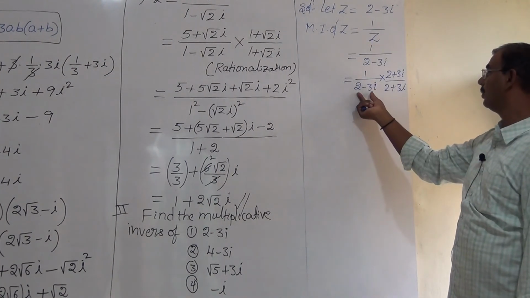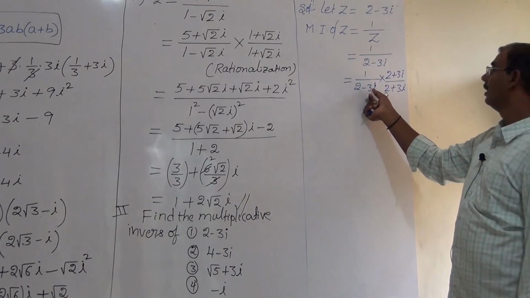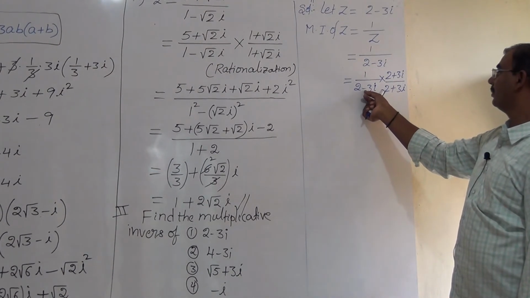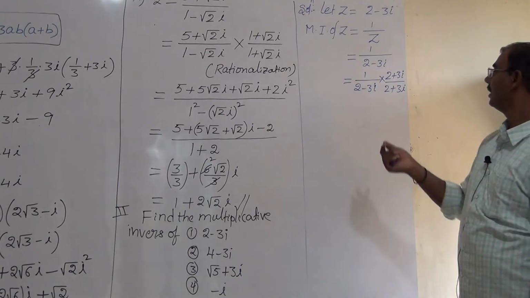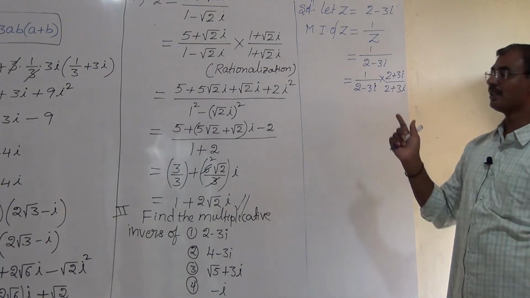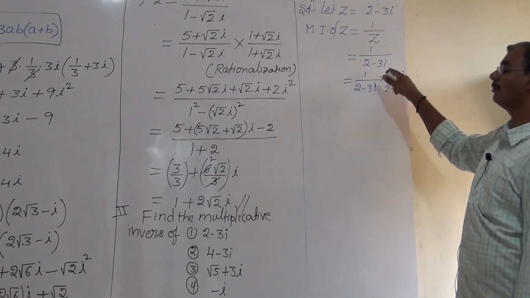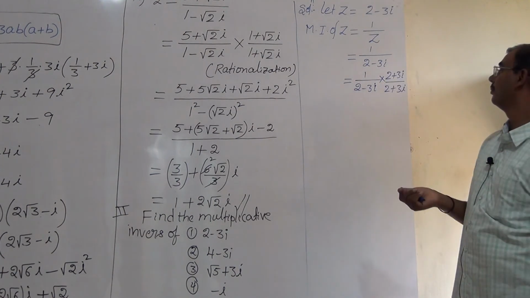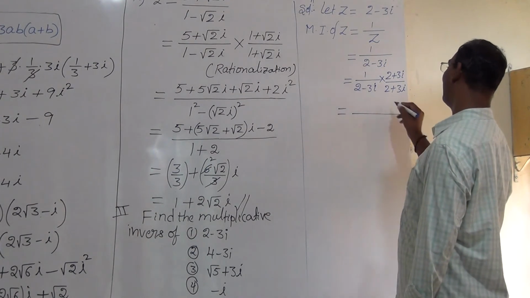In between only is important. Here the middle sign is important. Before the iota part, the other term has a minus symbol, so here we multiply and divide with the plus symbol. The other term is always important. Which symbol is given? Plus or minus. Minus given, plus multiplying. Plus given, multiplying and dividing with minus.